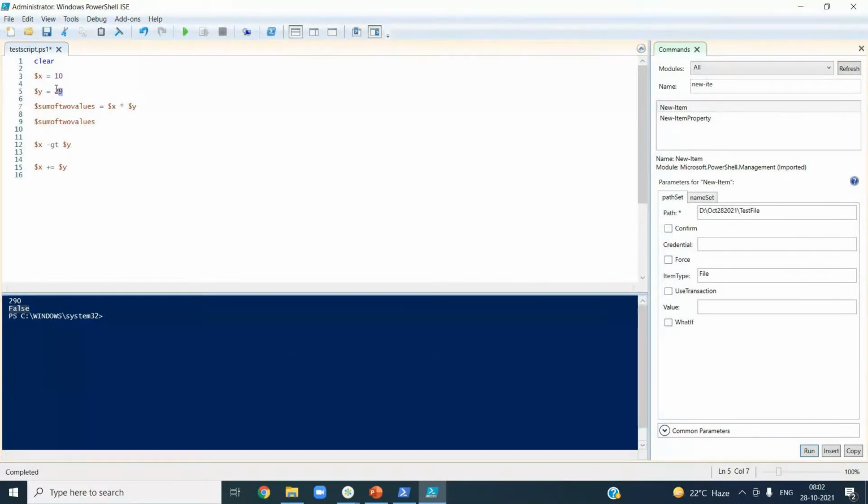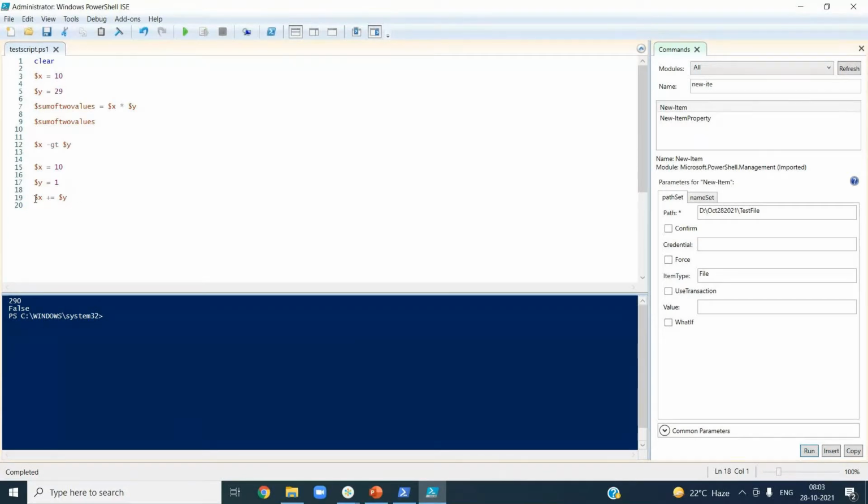Let me change the value so that you will see the difference. Let's run this till here. You have the data here, false. After this you don't have it because you are not storing this value.